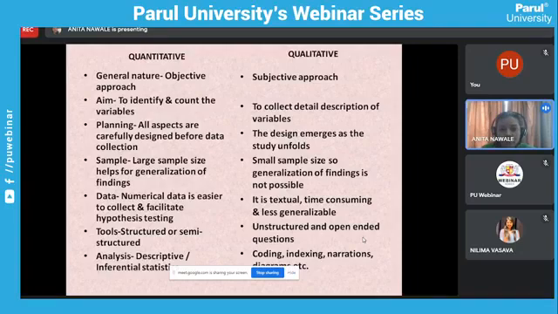Then multiple strategies of data collection. As I told you, we do not depend on one particular method of data collection. Here we can use multiple methods of data collection for qualitative research. Next is holistic. Here we consider the whole event as one picture. Here we do not take only one part of it. In quantitative, you take only one aspect of the disease condition, or one aspect of the sign and symptom, or one aspect of the treatment, etc. Whereas in qualitative, you have to take that patient as a whole picture. So it is comprehensive.